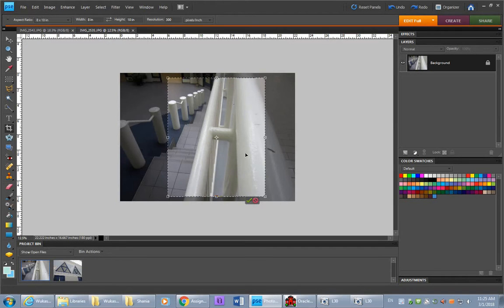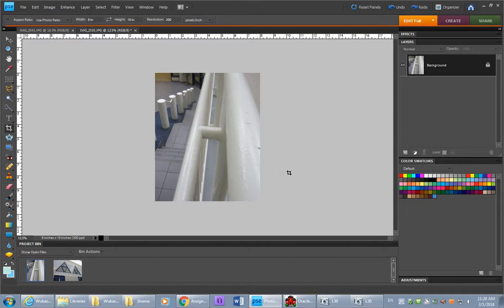So we're trying to figure out what is the best arrangement for content in this composition, and balancing color, balancing value, making sure it's not too boring a piece, and trying to make it dynamic. Say we're happy with that. You can press the green check mark, and that is the new composition. Once you have your composition cropped down to, you can see it here, 8 by 10 inches at 300 pixels